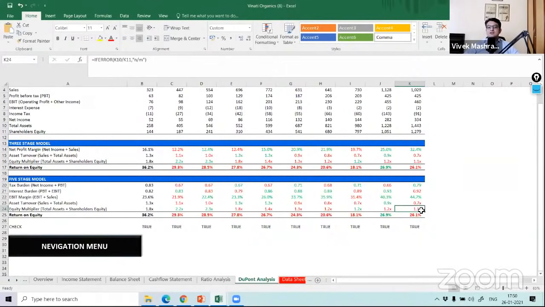So this will also tell you whether you are highly leveraged or not. If this multiplier goes very high, then you have to think about why this is happening. Okay, so that is the equity multiplier. The more debt you take, your total assets as a proportion of shareholders' equity will bulge, because you are taking a lot more assets from debt funding. But is it good? It's not good, because that will increase the risk in your business. When the cycle goes down, when COVID comes, Ramu Kaka will ask for the interest, but your business will not be doing well. So you will sometimes make losses also.